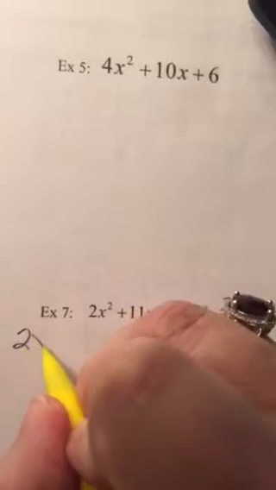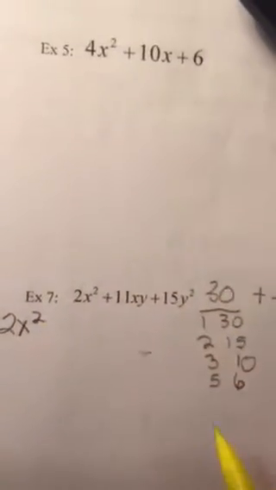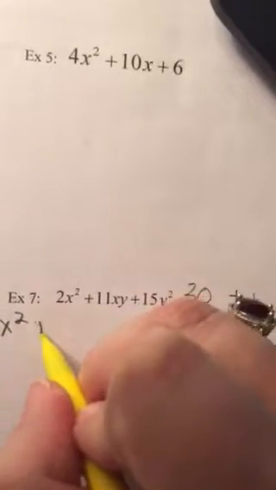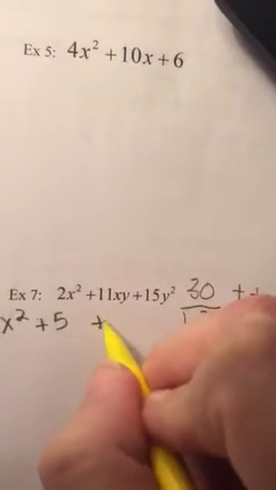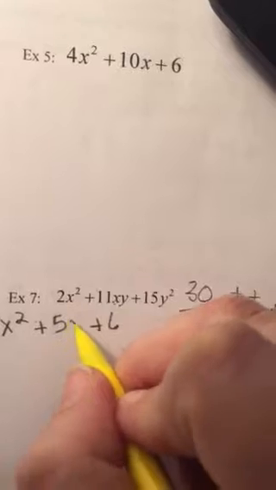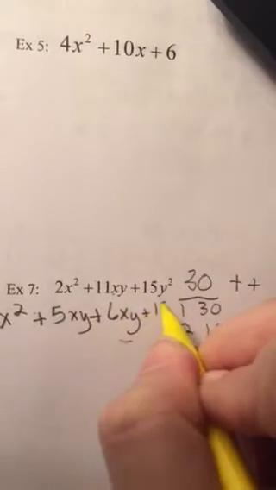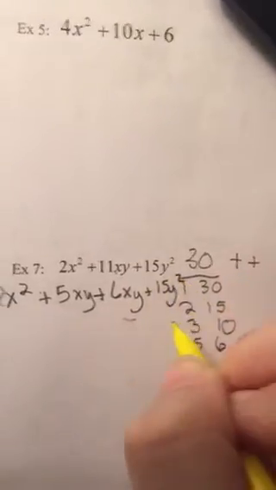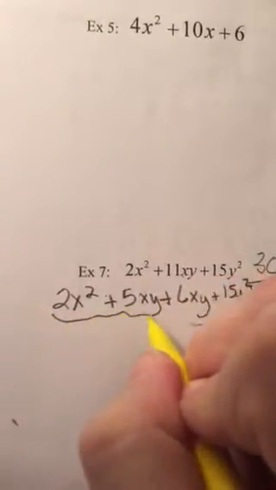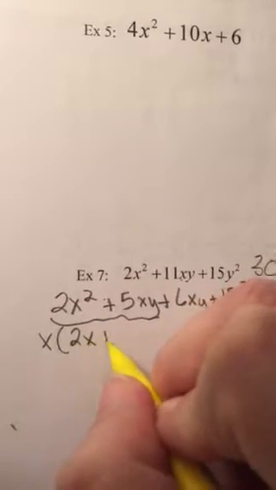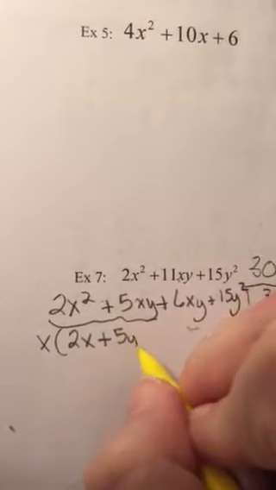So I'm going to recopy my first one, 2x squared. And then I'm going to take the 5, and remember it's plus, so I'm going to say plus 5, plus 6, and I've got an xy, so you get an xy, and you get an xy, and I just recopy that 15y squared, and then I take out, all right, your GCF is just an x, so 2x plus 5y,